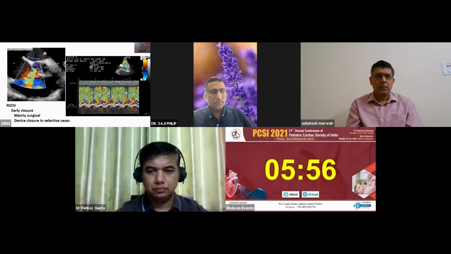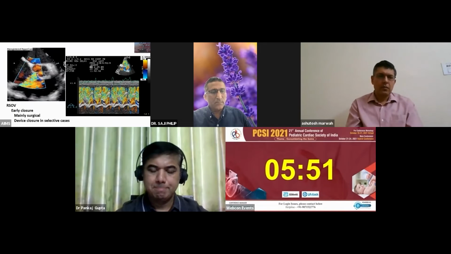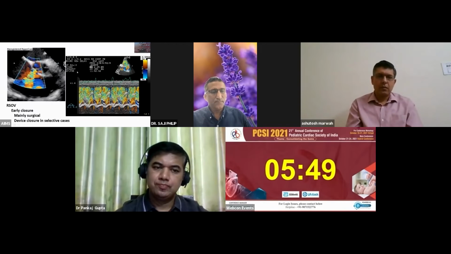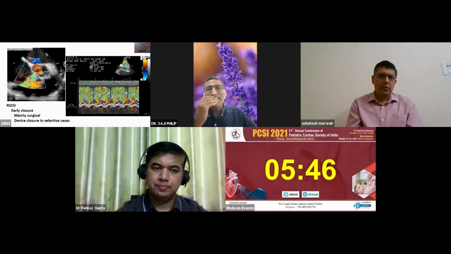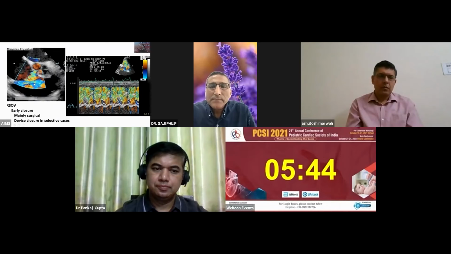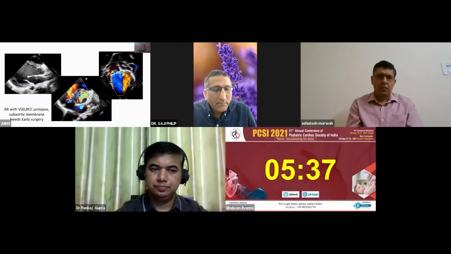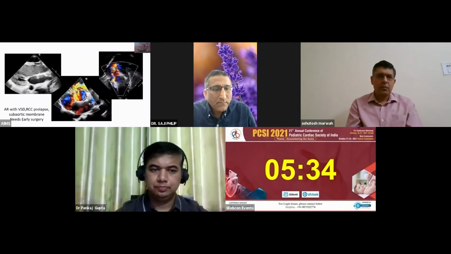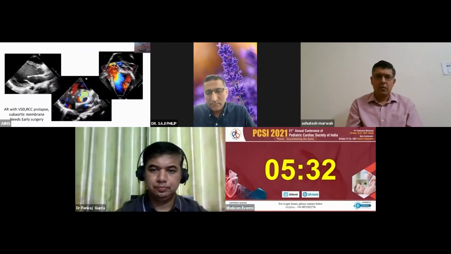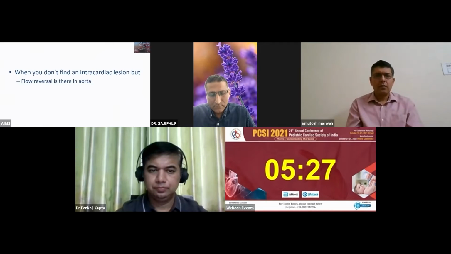And then in the older patient with a short history and acute onset of CHF, there was a large shunt because of ruptured sinus of Valsalva. This TEE showing RSOV into the inflow of the right ventricle, and the patient underwent device closure. So closure is the answer when there is a large shunt with runoff into the aorta. VSD, aortic valve prolapse, severe aortic regurgitation, you all know that is the known entity leading to aortic regurgitation. But there are situations when you don't find anything intracardiac leading to this flow reversal into the aorta. Then you have to look for the